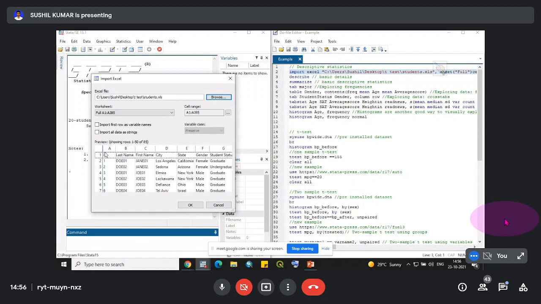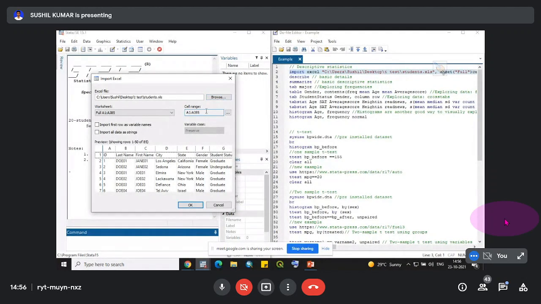Now here there are a few options. As you know, in Excel you can store many sheets, so which sheet do you want to open for this data? Since my data is in the first sheet, I will not make any changes here. But definitely you can change from which column to which column your data is located, and from which row to which row you want your data to be uploaded in Stata.